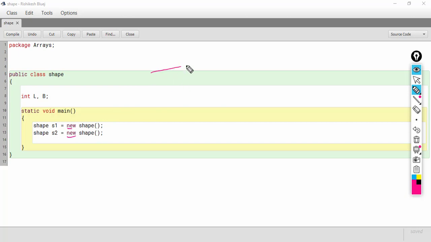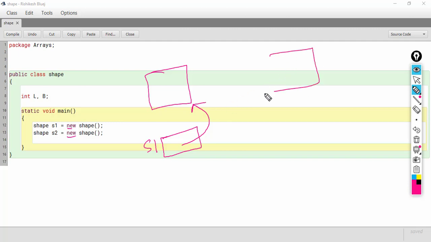Now in the memory we'll have two objects. One is s1, and this s1 is a reference type variable which will store the address of this object, and similarly this s2 is also a reference type which will store the address of this object.